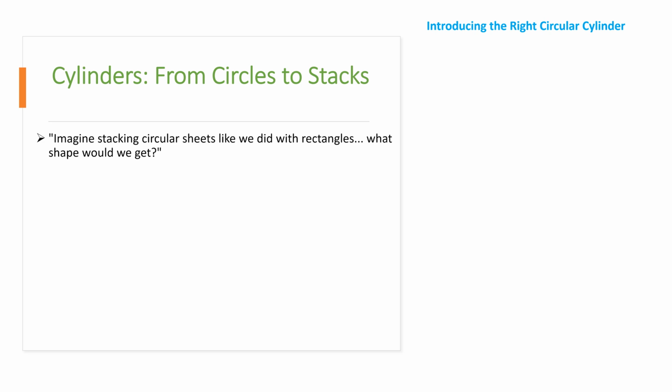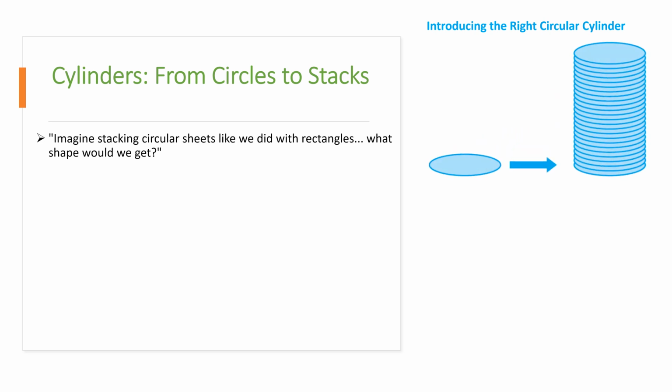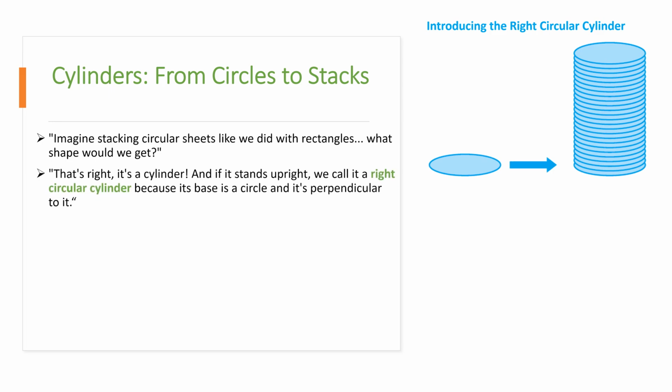Now imagine stacking circular sheets, like what we did with rectangles. What shape would we get? Just imagine that. The left one is just a circular shape, and what we did was we stacked these circular sheets one above the other. What do we get? Yes, we got a cylinder. And if it stands upright, we call it right circular cylinder, because